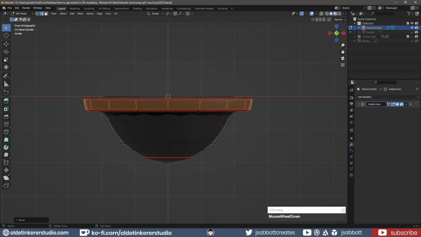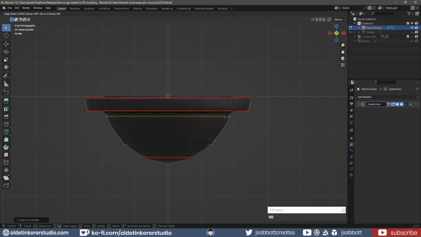We also need to add an extra edge loop to the top of the rounded part of the hand counter. Use Ctrl-R to add a horizontal edge loop to the top face loop, double-clicking to confirm the action. Press the G key twice and then move your mouse upwards to slide the edge toward the top of